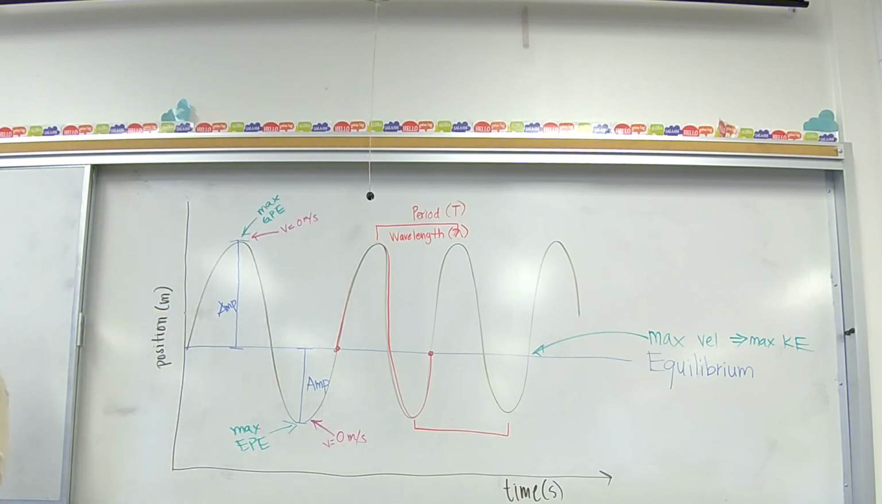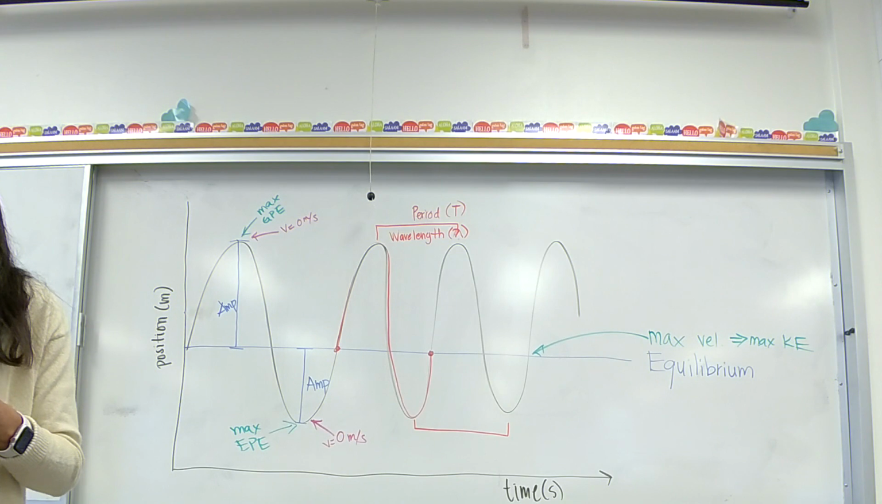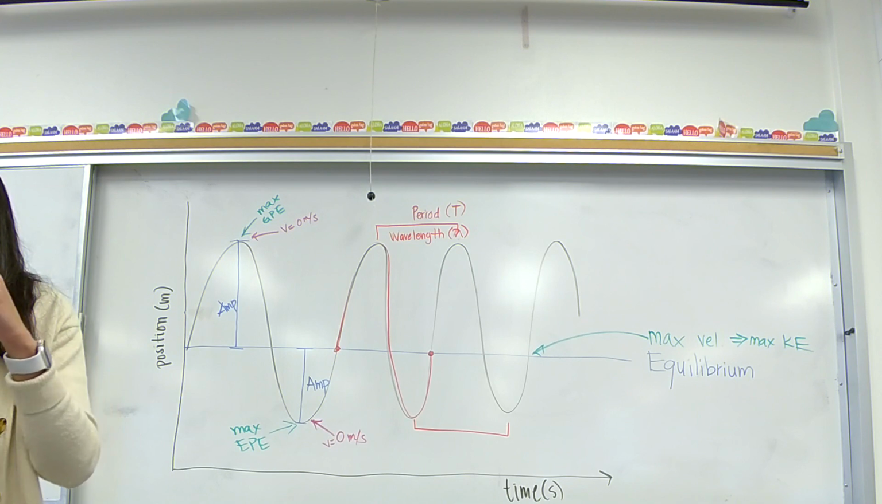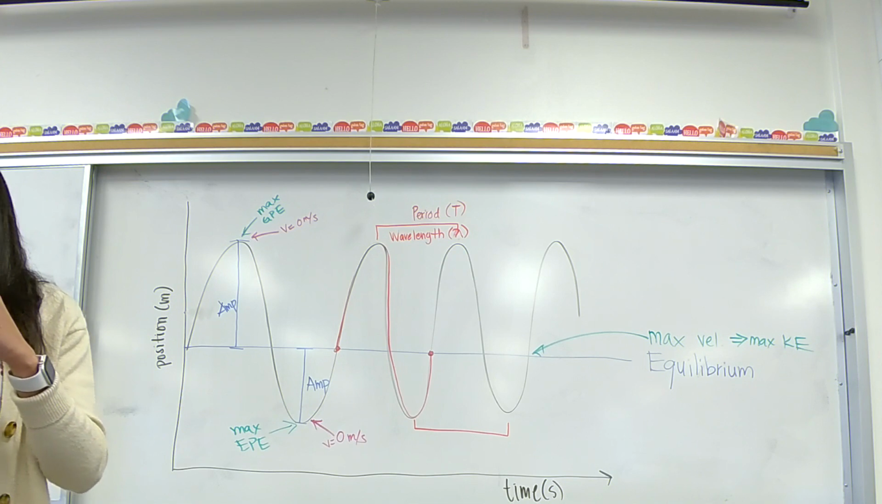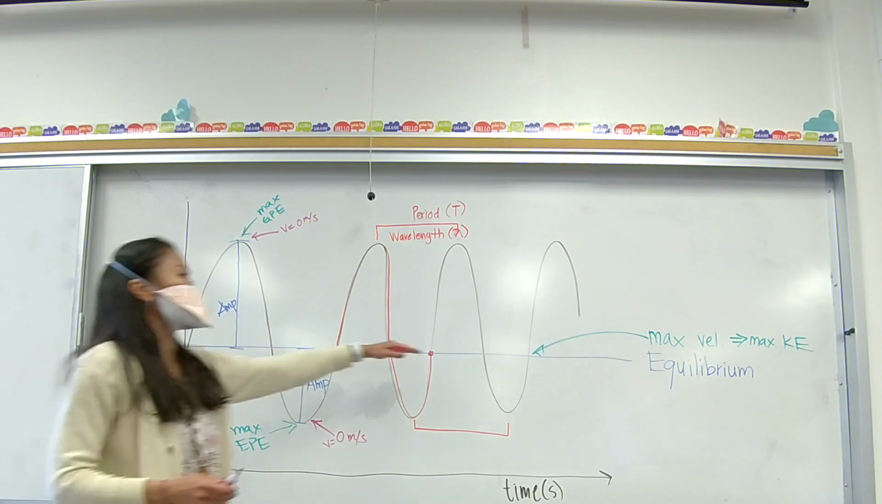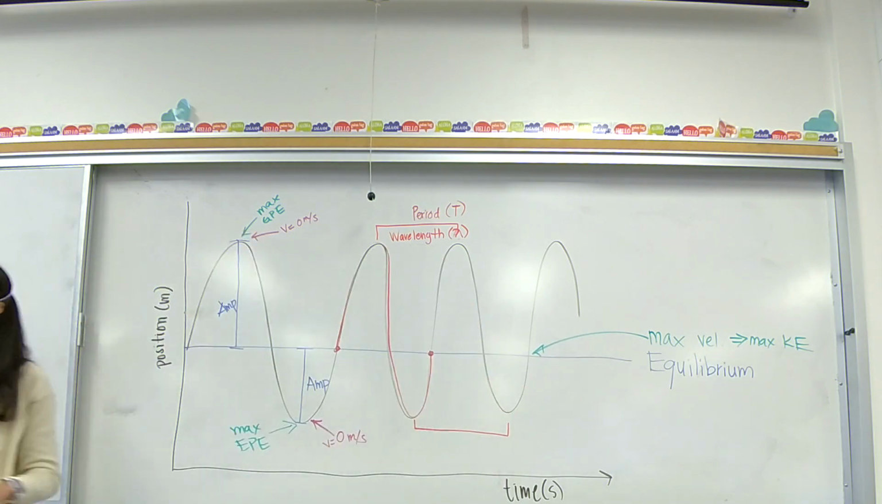So, anytime it's changing direction, it stops for a moment, starts speeding up, at equilibrium it's at its maximum speed, and then it starts slowing down because of gravity. Then it stops again, speeds up, equilibrium, then slows down. So that constant speeding up and slowing down gives you the max velocity at equilibrium, minimum velocity or 0 velocity,